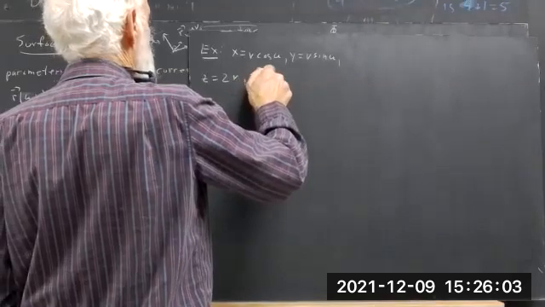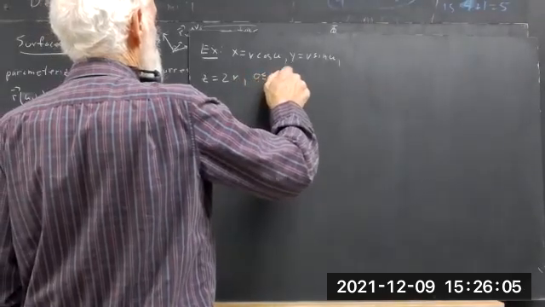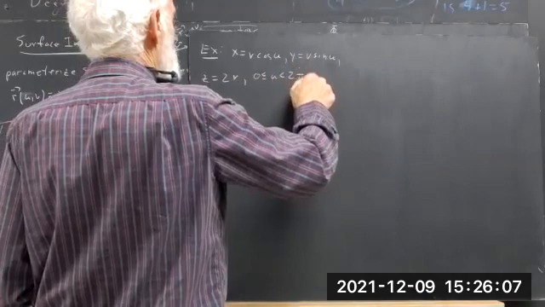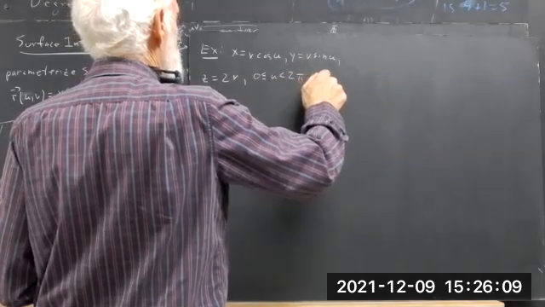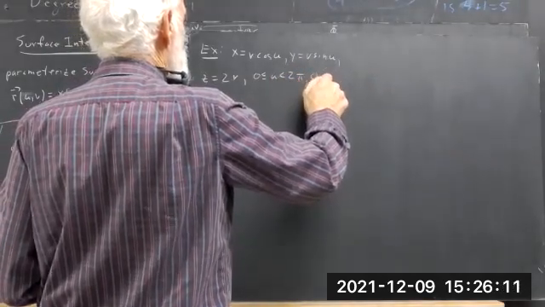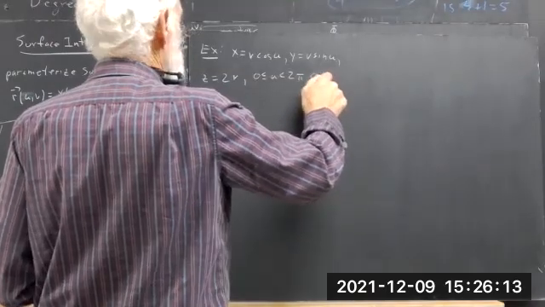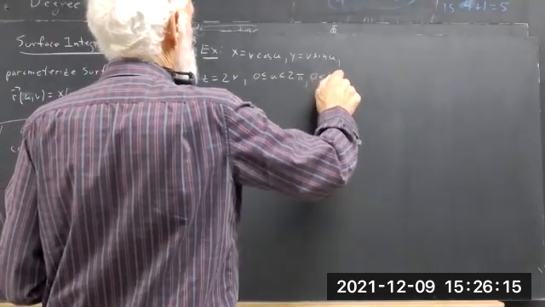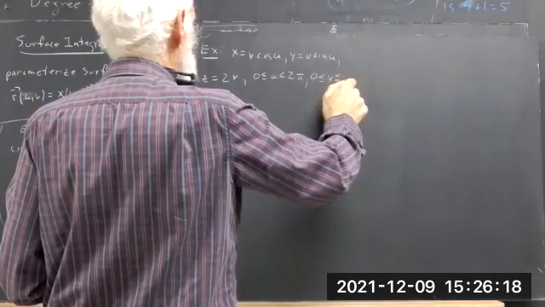And then 0 less than or equal to u less than 2 pi. And let's just say 0 less than or equal to v less than or equal to